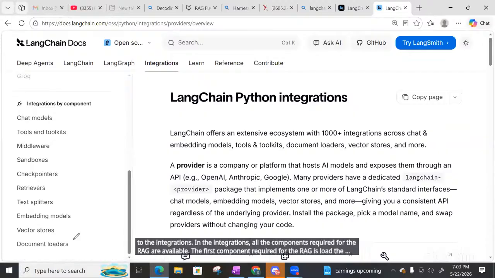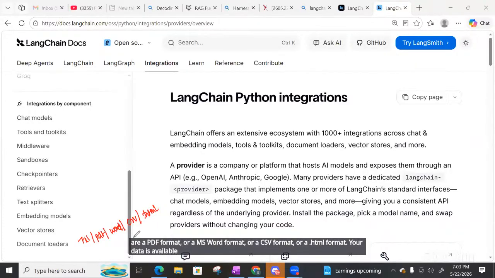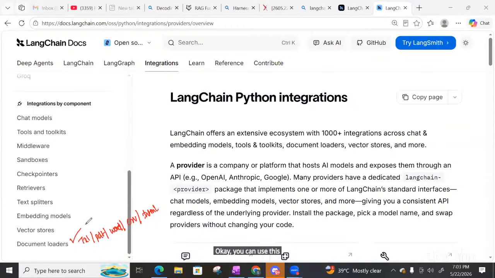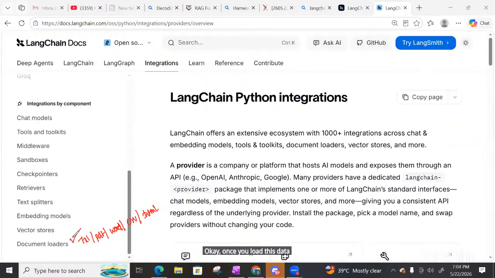Maybe your data is available in different formats: a text format, a PDF format, an MS Word format, a CSV format, or an HTML format. If you want to load the data from these formats, you can use document loaders. A lot of document loaders are available in LangChain, which help load data from any format of document. Once you load this data, the next step is